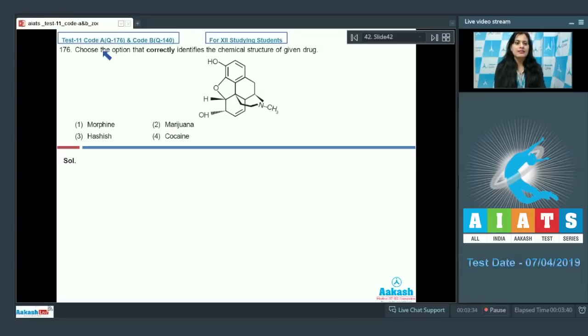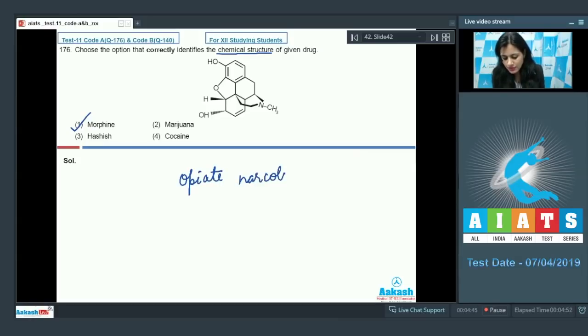Question number 176. Choose the option that correctly identifies the chemical nature of given drug. And the options are morphine, marijuana, hashish and cocaine. And the correct answer to this question is option number 1, morphine. This given chemical structure represents